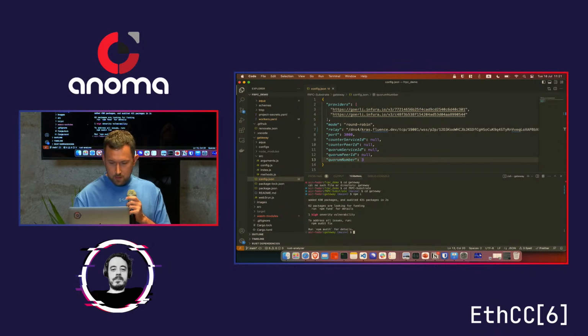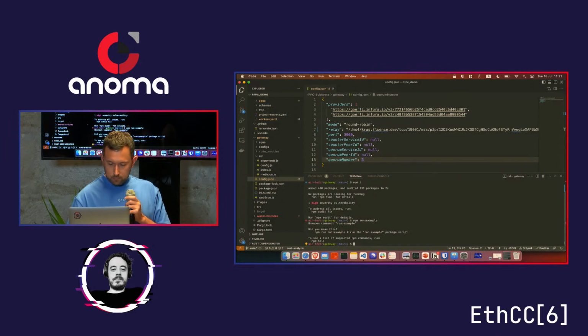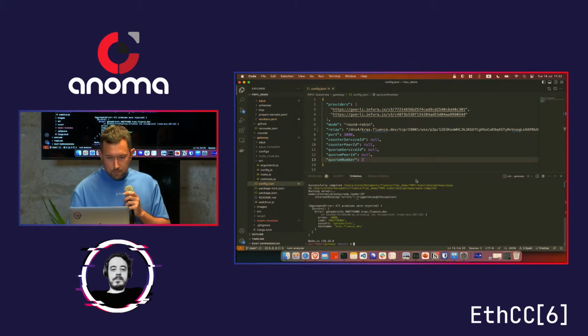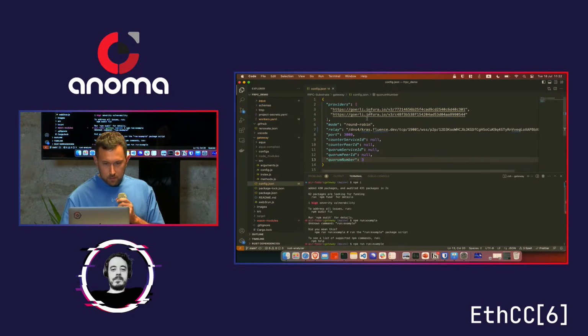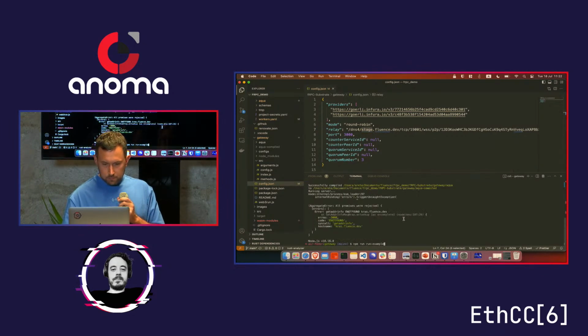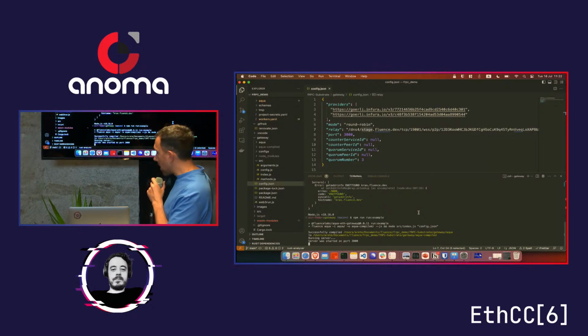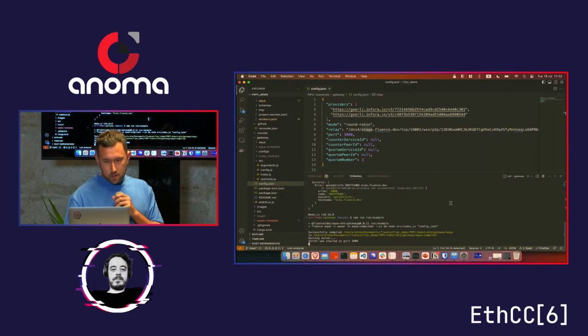Okay, we have now started the middleware server for our app, and let's see how our app can interact with it.